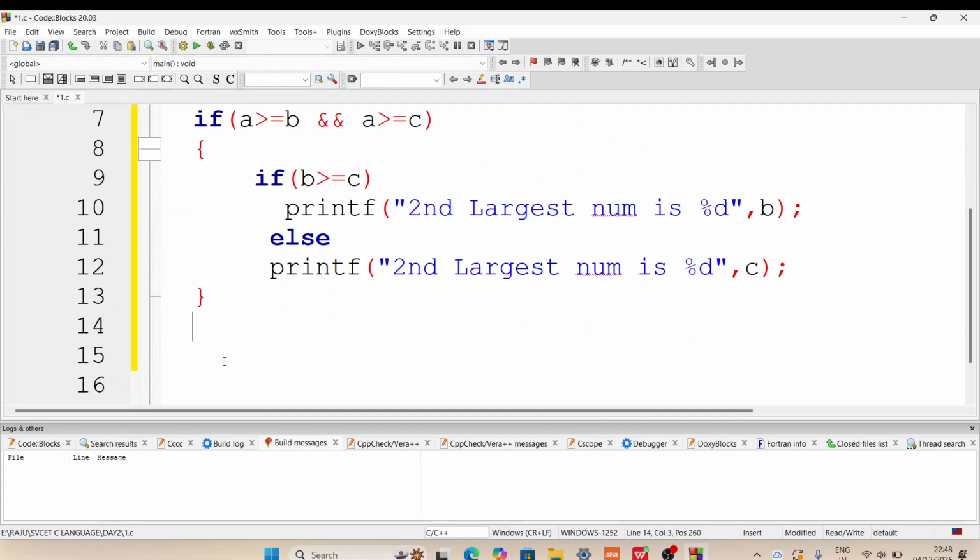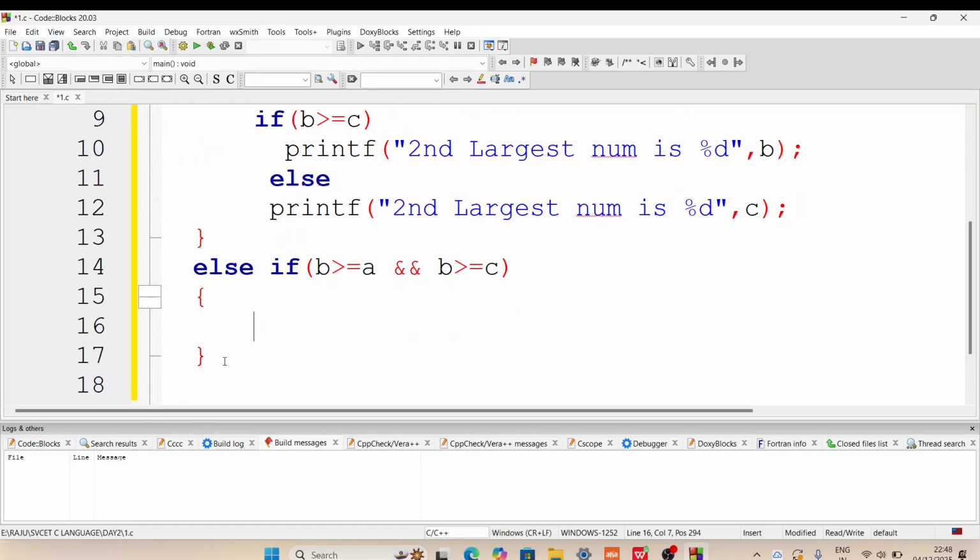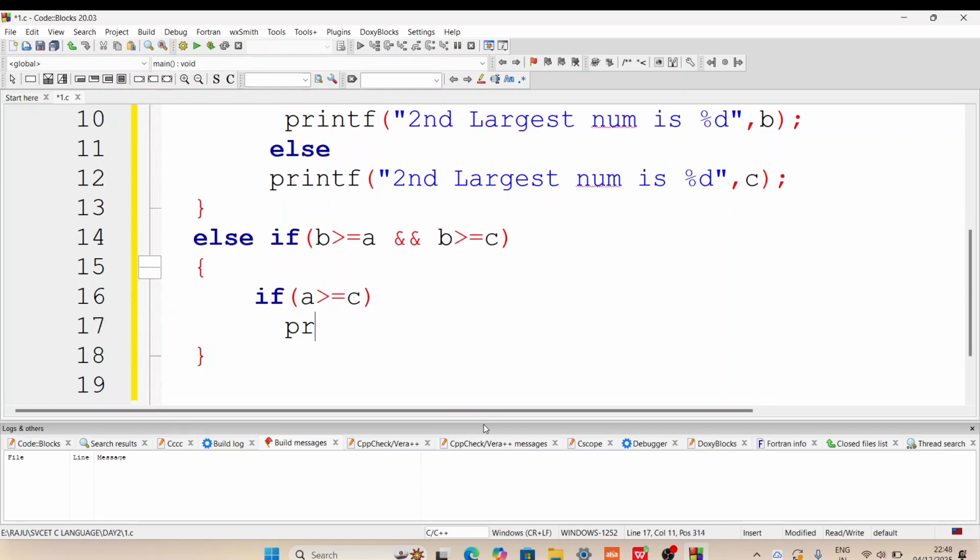If this condition fails, definitely A can be the largest or C can be the largest. Now we'll write the logic for B can be the largest. Else if B is greater than or equal to A, as well as, that is the logical AND operator, B is greater than or equal to C. So I'm getting inside another block. Now the fight is between A and C. If A is greater than C, and also we have to include equal to, we can tell